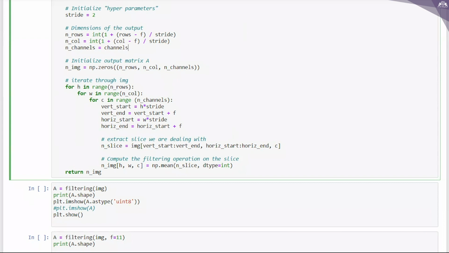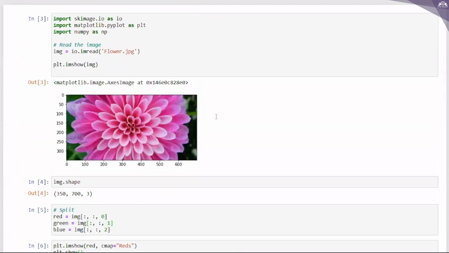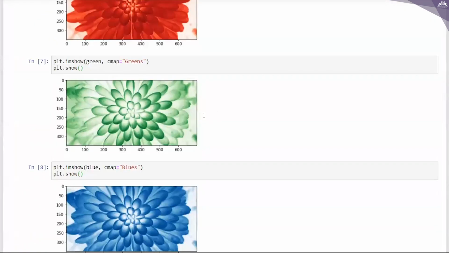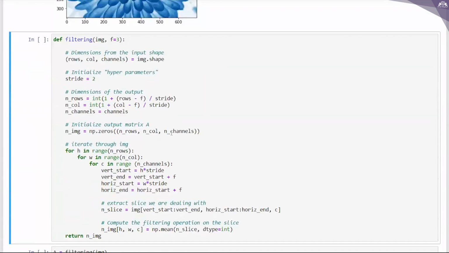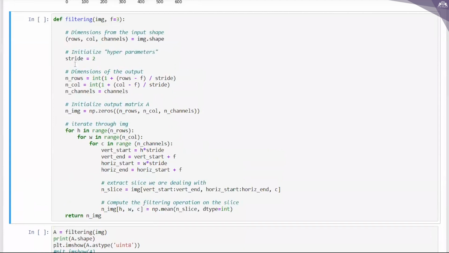Let us try to understand this. What was the shape of our image actually? It is 350 by 700. That is the input, and I'm applying stride 2 and converting it into the output. I have written the stride, and I have given f as 3. I have created a for loop.